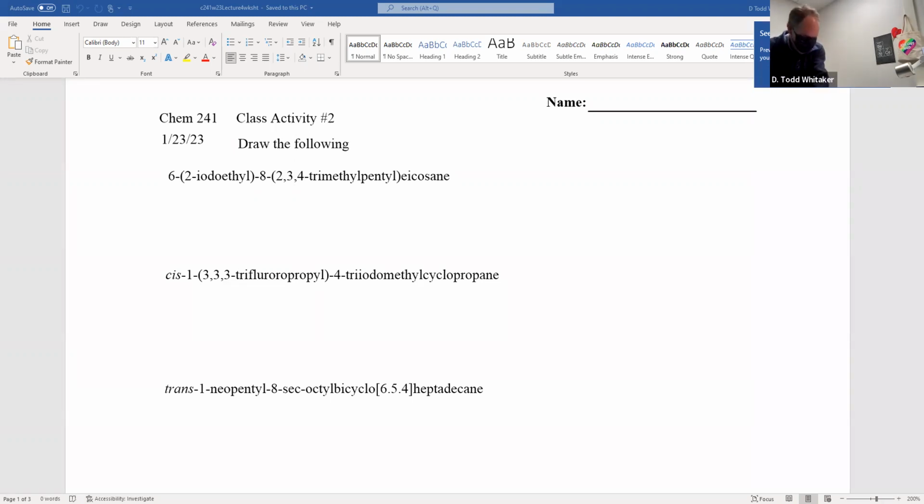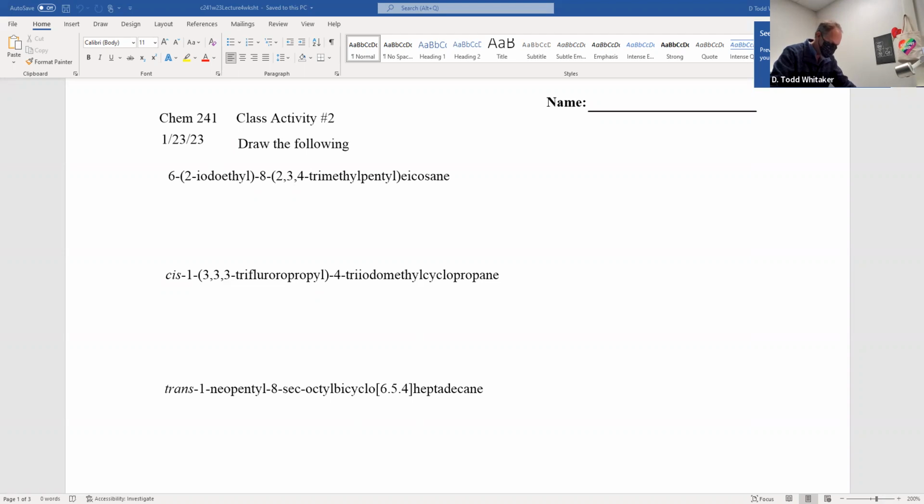Going to take it upstairs, put some groups on the first one. Parentheses is a new thing too. I'm throwing in a lot of new stuff here, aren't I? Some of you have read this already, so it's not new stuff. On carbon 6 of icosane, that's what this means. 6 is the carbon of icosane.